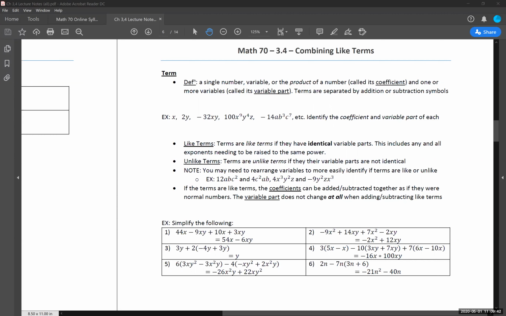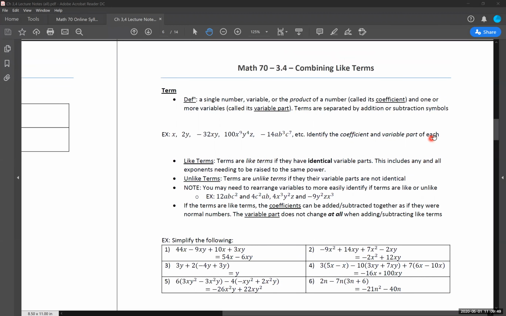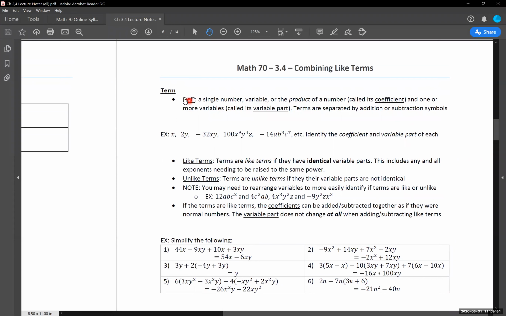Okay, so today we are covering section 3.4, working with combining like terms. I'm going to start with a couple definitions, or a main definition that we're going to need overall. We'll again go into our general idea and process for this, and then we'll go through some examples down below here and over on the whiteboard as well.